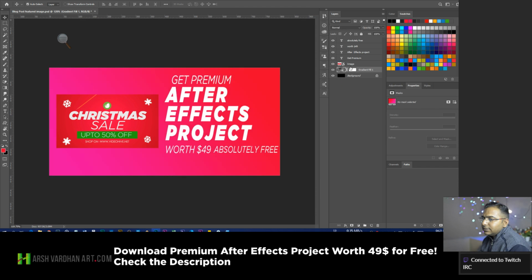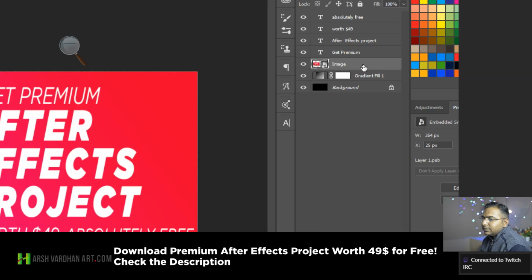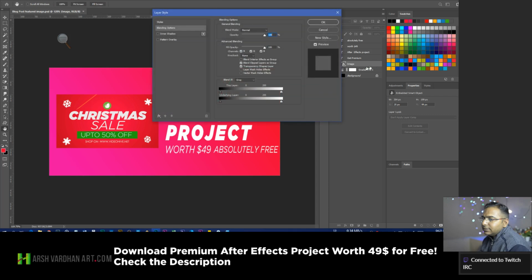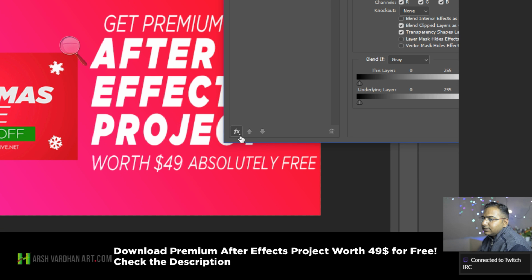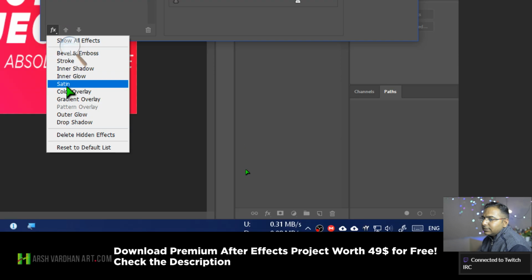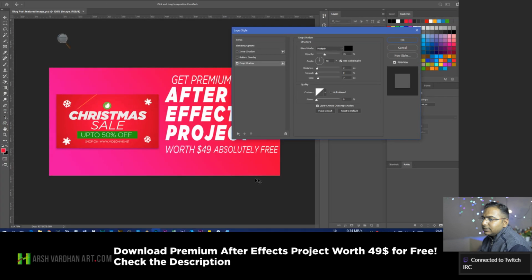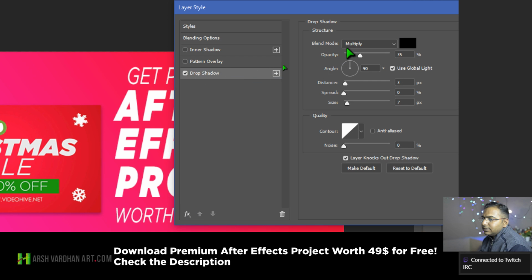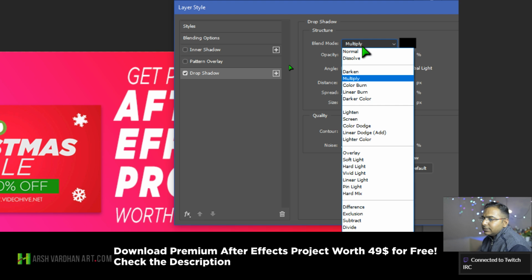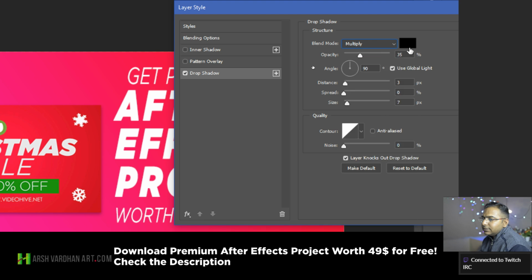All right, and now we'll create some shadow for this image. So we'll click over here on this blank area of the image, and that's going to open up the layer style option, and then we'll come down over here in the FX panel, and we will select the drop shadow. Okay, and that way the drop shadow option would be available for us over here. You can see, so we have to choose the blend mode as a multiply, which would most likely be default for you as well, and select the black color,